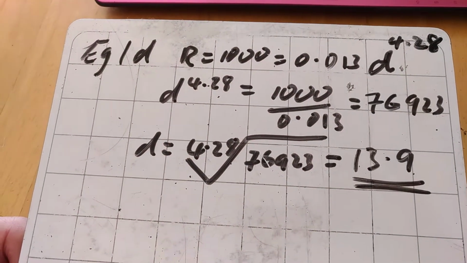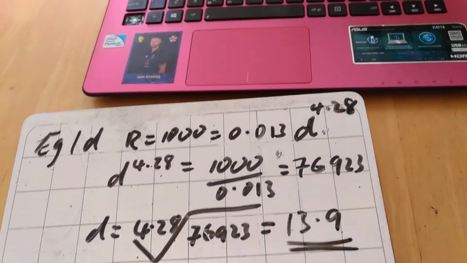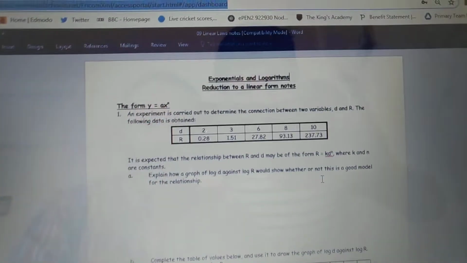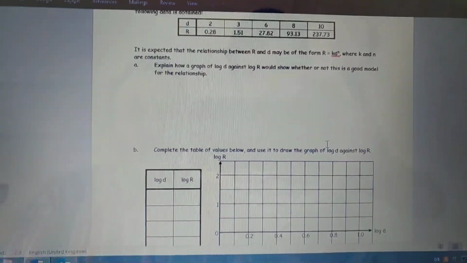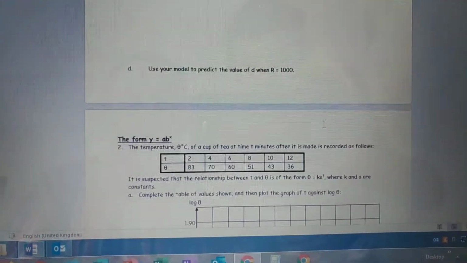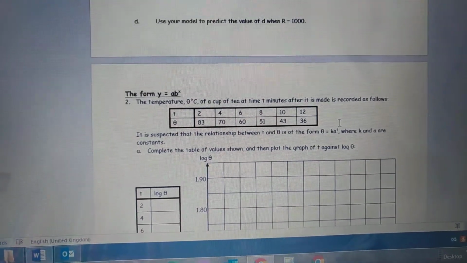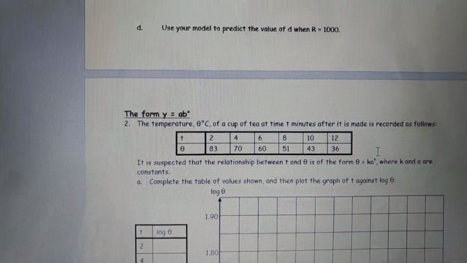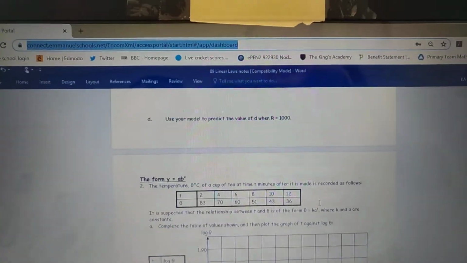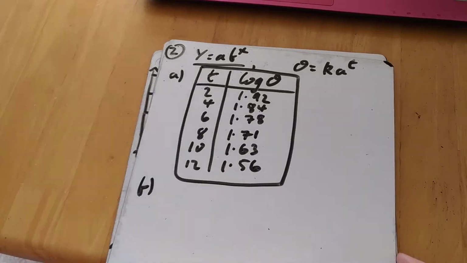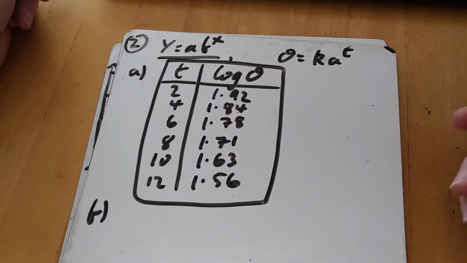So that's how we do the first one, when it's in that form there. The two forms we've got: y equals ax to the n, is when x is being raised to a power, and the second example we've got is when it's y equals ab to the x, when x is the power itself. Now it might be, in that case there, we have an example like this one, where it says, over a